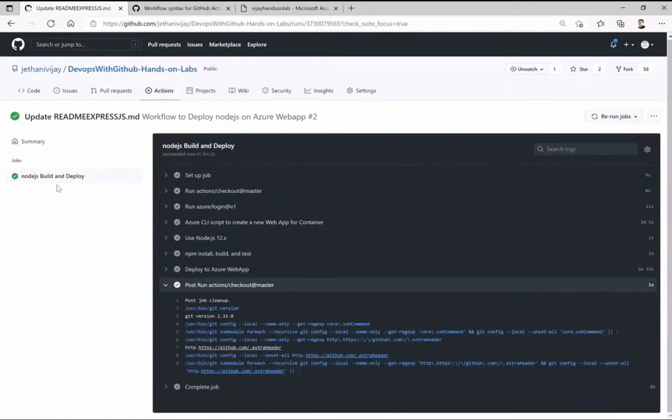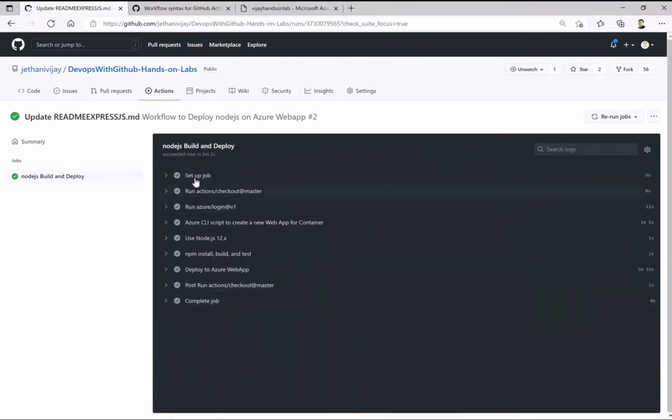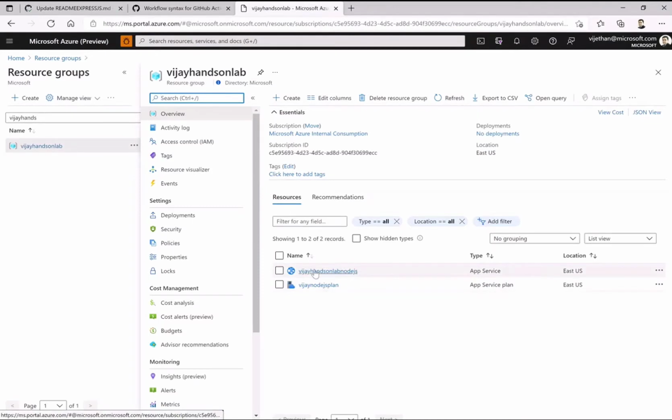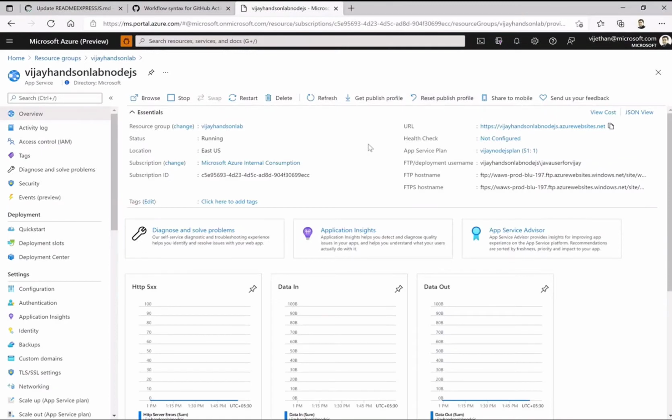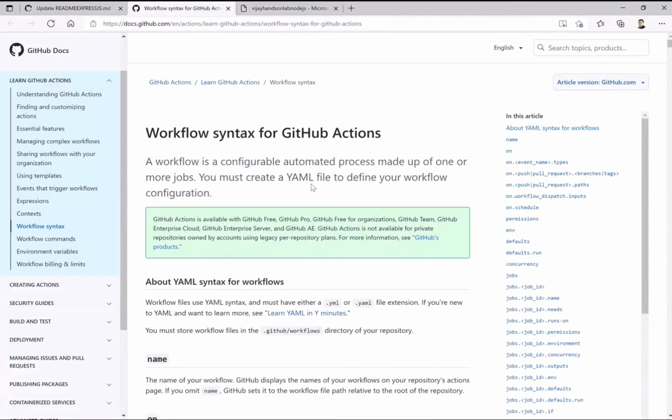Okay, as everything is green, I think we completed all the steps in a proper sequence. Now moving towards the website. This is the name of the website we named. Let us try to browse this. I have just kept a simple message saying welcome to GitHub Hands-on Lab. Ideally, if you are a web developer, you can do all the customization on the source code. But the agenda for us is to learn the workflows, hence I'm keeping it as simple as possible.